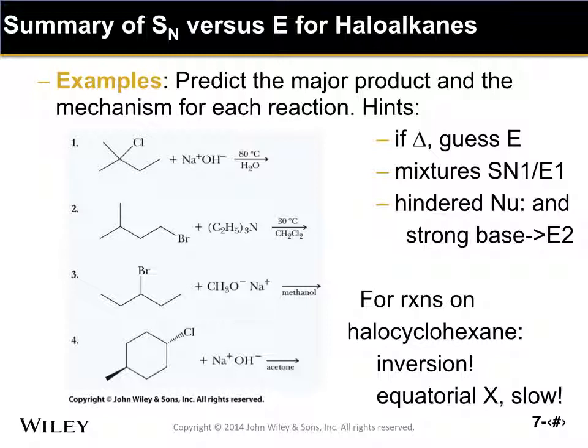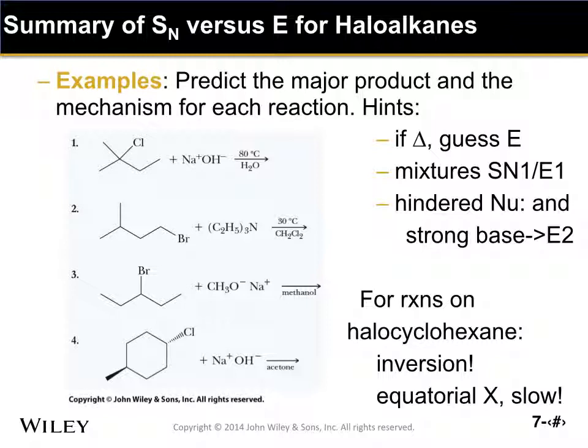Perhaps we could talk about them in class. I have a couple of hints for you. First hint is, if you're going to heat a reaction, guess an elimination reaction. And normally I tell students that because in an elimination reaction, you make an alkene. And alkenes are typically lower boiling than the starting materials, whether it's an alkyl halide or an alcohol in particular. And because they're so much lower boiling point products, typically you heat them up and you also distill away your product. You just boil it off, and so you drive the reaction towards the product that way, often with